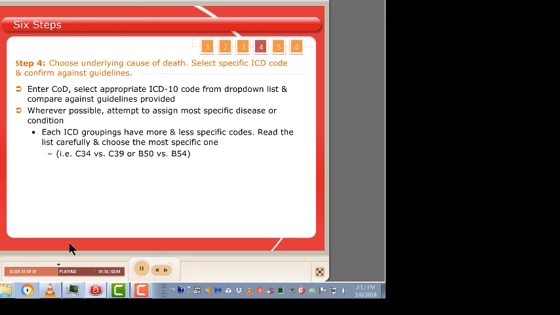B50 or falciparum malaria is more specific than B54, unspecified malaria. Where you have exhausted every possibility of a specific cause and are still undecided, enter R99 for an adult record